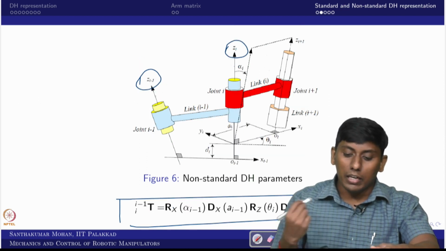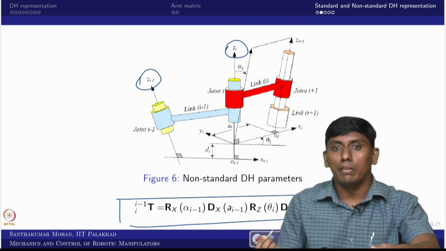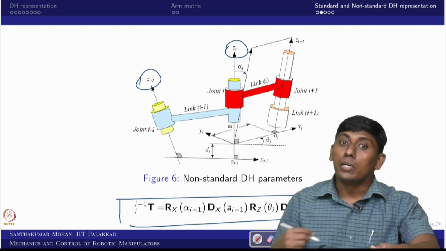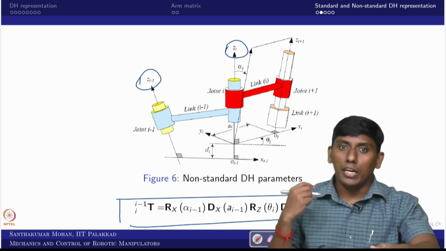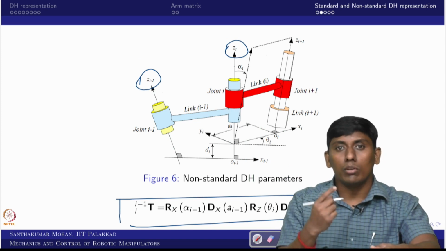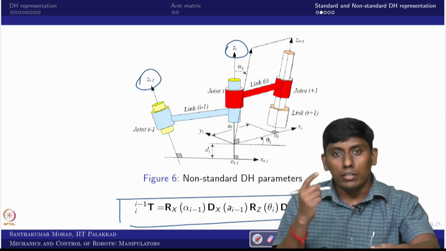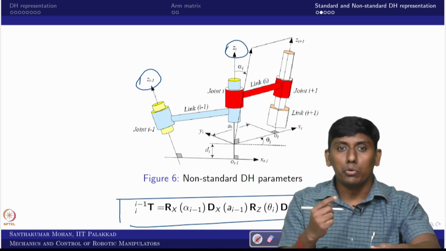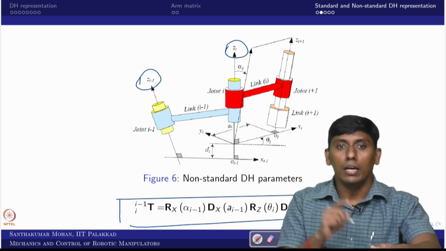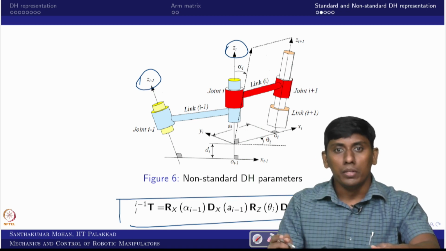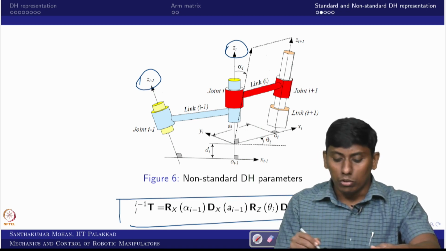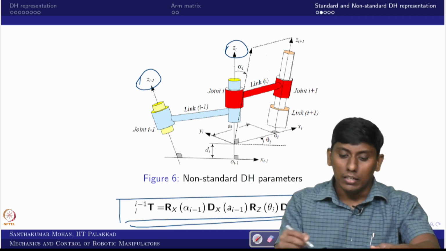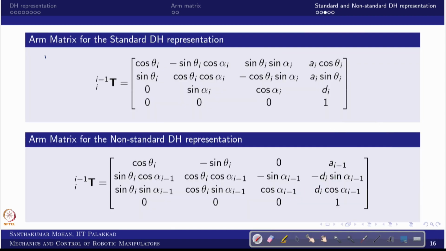But all the time we favor the non-standard form, because it gives more intuition. Whenever you get tau, which is the torque for a certain motor, or the force of a linear motor, or the angular displacement of any motor, it is directly denoted to the axis you refer to, but the standard is not that way. So now you can see this is the non-standard and the previous one is standard. These are the two matrices, and you can see they are very similar.